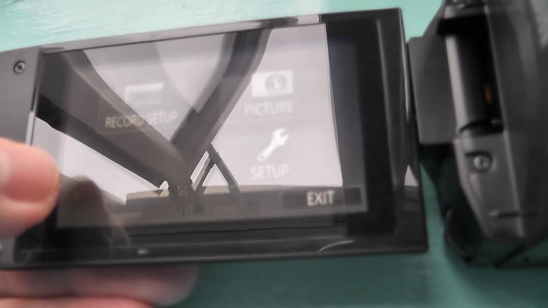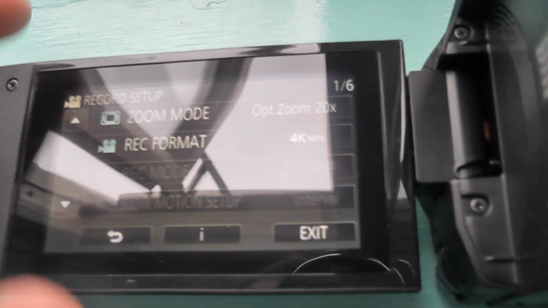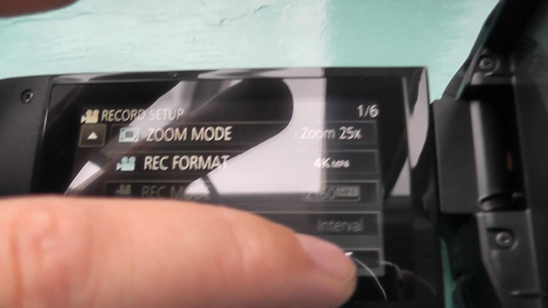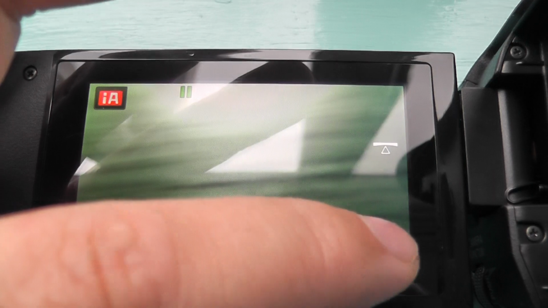Right, now let's go into the settings and change these. So menu, record setup, zoom mode. Now let's do eye zoom 25 times. Okay, see it's set there, and then click on exit. Right. God, this is not easy. Okay. Okie dokie. So,